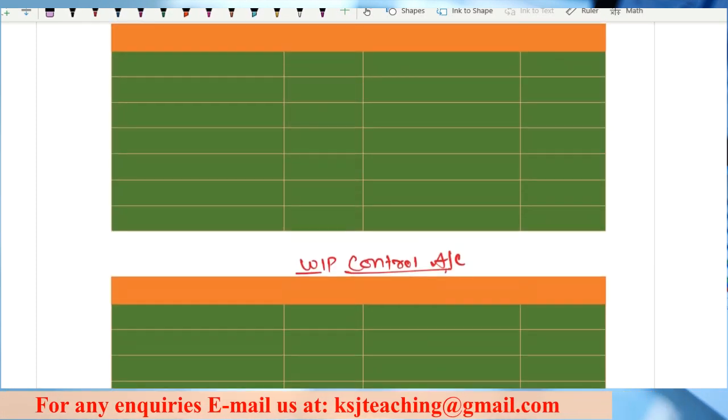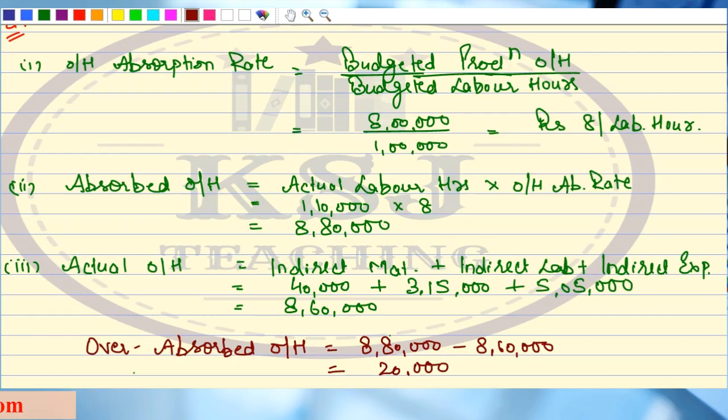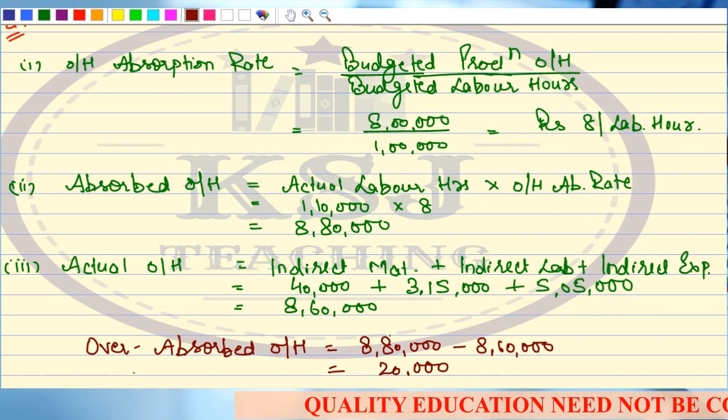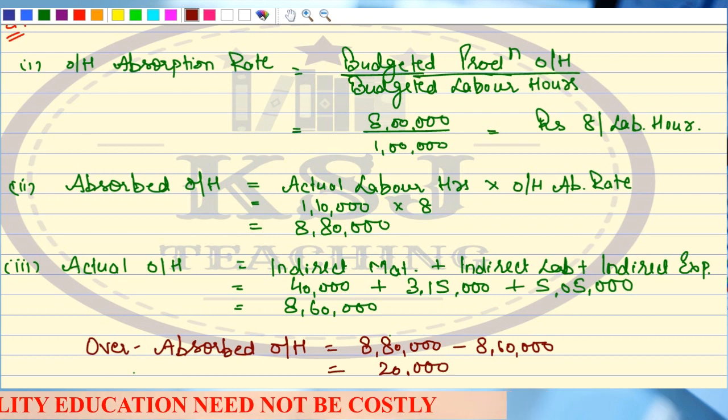Now let's see what is the information given to us. I think first we can give the effect to the production overhead. What is going to be the effect? The first is the actual overheads incurred, that is 8,60,000. What is the journal entry for that? Just tell me that first. What is the journal entry for the actual overheads incurred, sir?